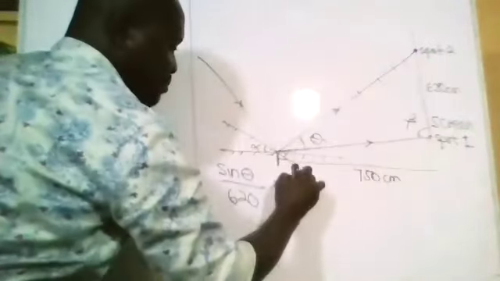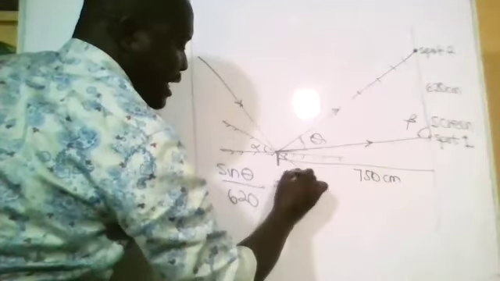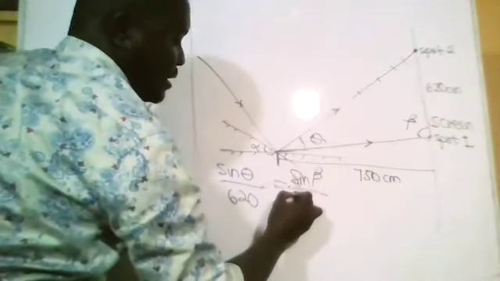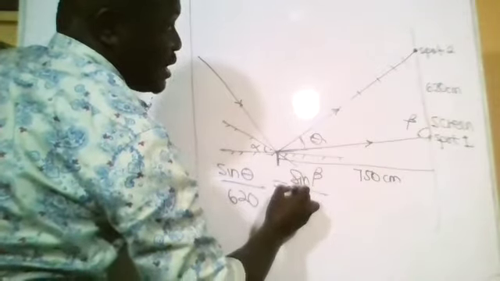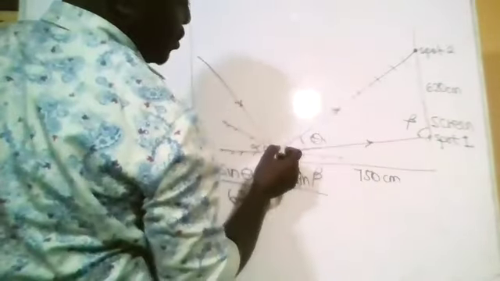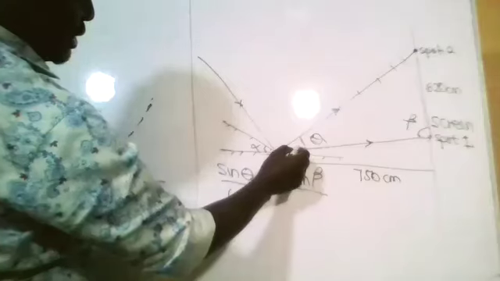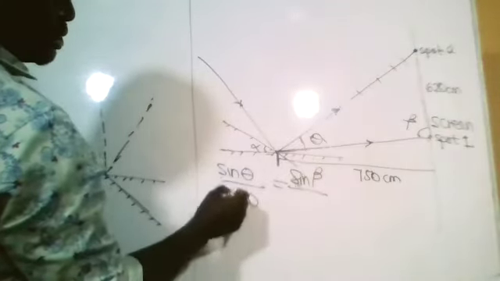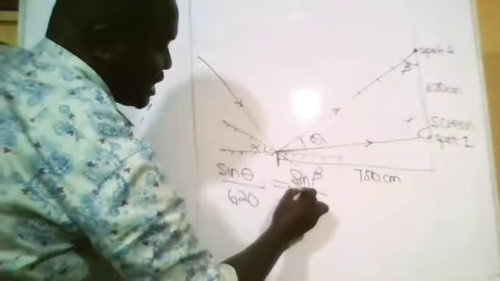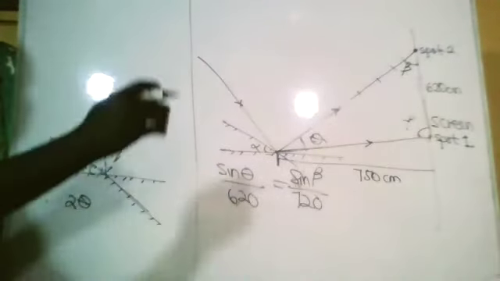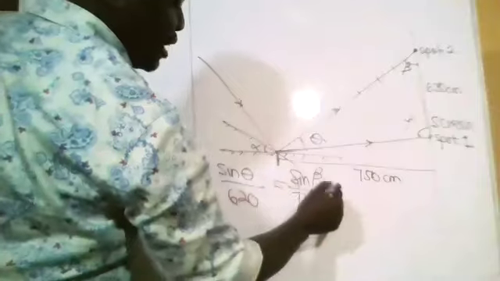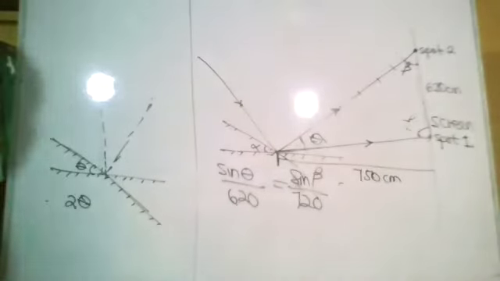Maybe beta, sine of beta over, we don't know this spot. So sine theta over 620, then it should be sine beta over 720. In this particular case, when we use the sine rule, because we don't know all the three angles,